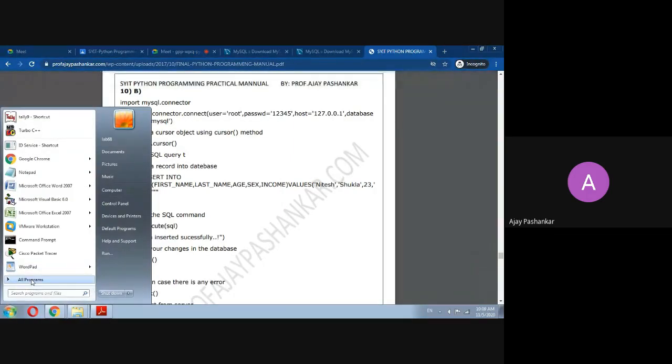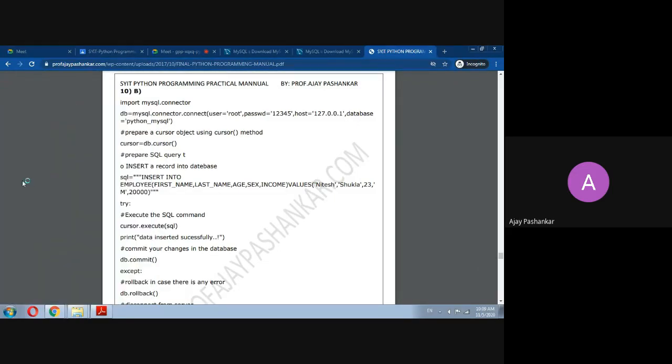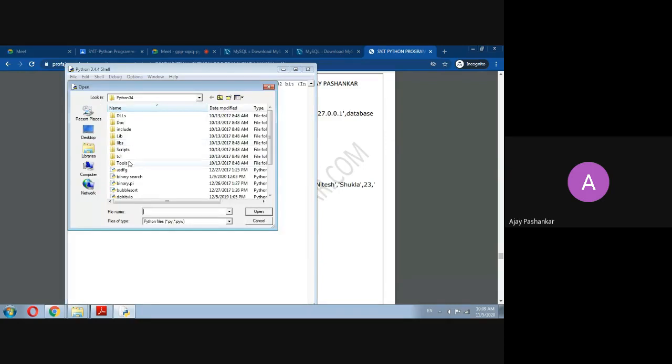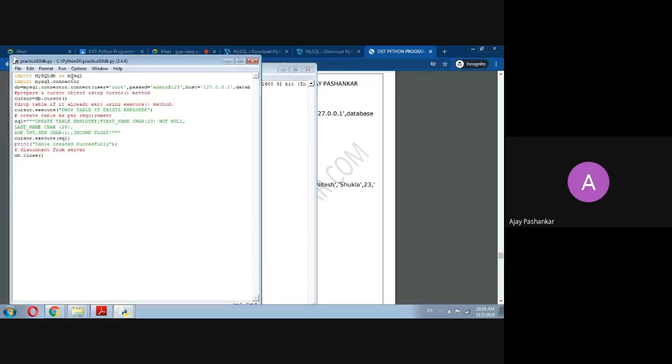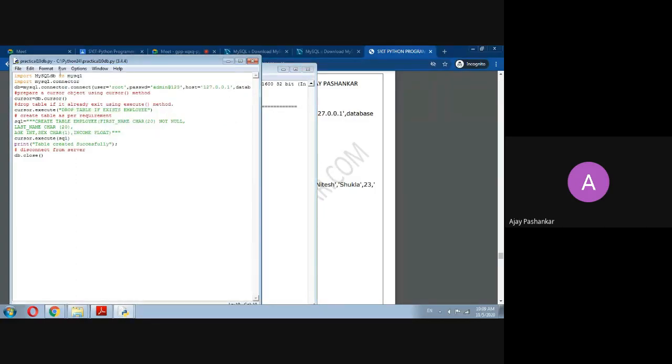Just closing this Python again. Opening the file, practical number 10 DB. No module named MySQLdb as MySQL. Okay.